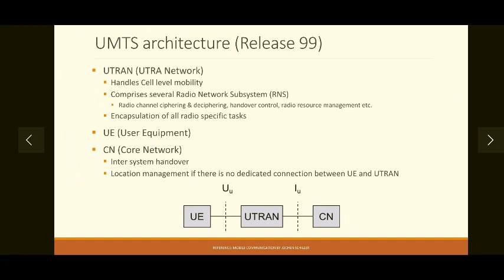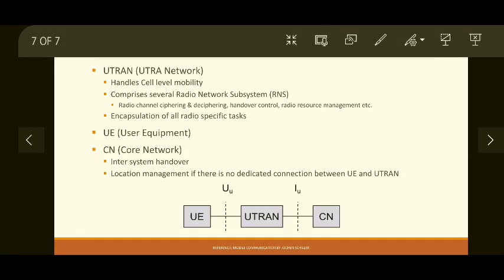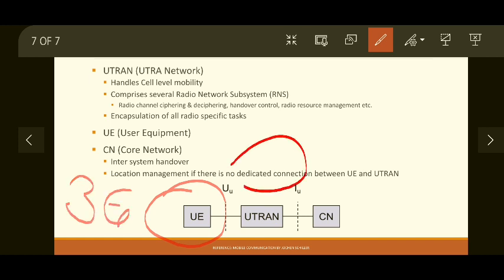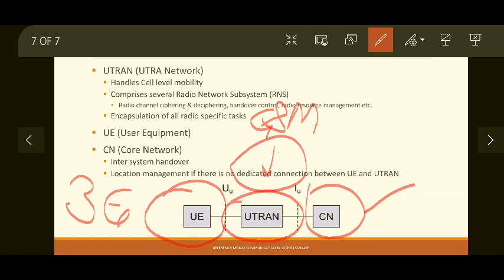So the general architecture, looking from outside, what is new in this one? So general architecture includes three components. First one is a user, which is identified as user equipment, which is supporting a third generation technology. Then the modification on the existing network, that is UTRAN, that is based on GSM, and a core network, that is the third component, which will enable communication between this new component and the existing component.